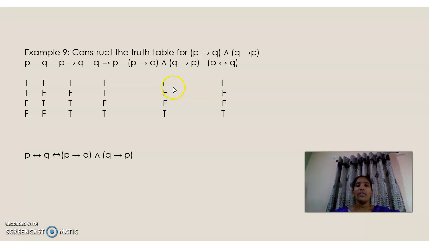Already we know from the first video the truth values of the biconditional: true, false, false, true. So here, for the biconditional, you also have to write down true, false, false, true. So the truth values of P biconditional Q and of P conditional Q and Q conditional P are the same. So whenever we have P biconditional Q, simply you can write P conditional Q and Q conditional P. Or P conditional Q and Q conditional P, simply you can write as P biconditional Q.